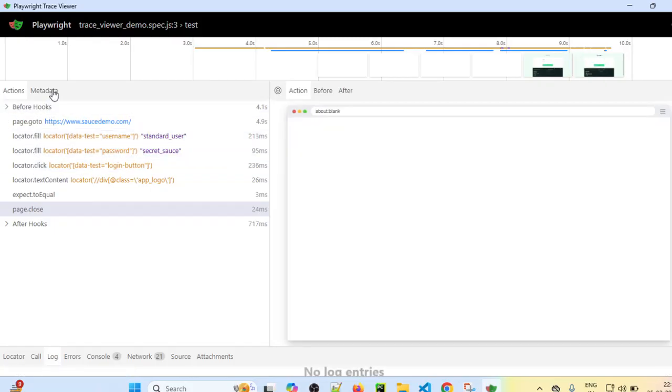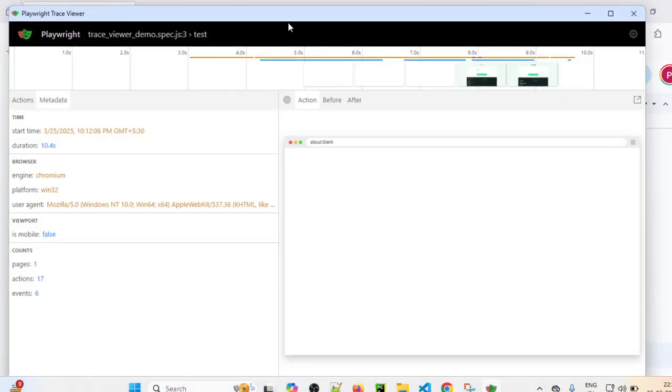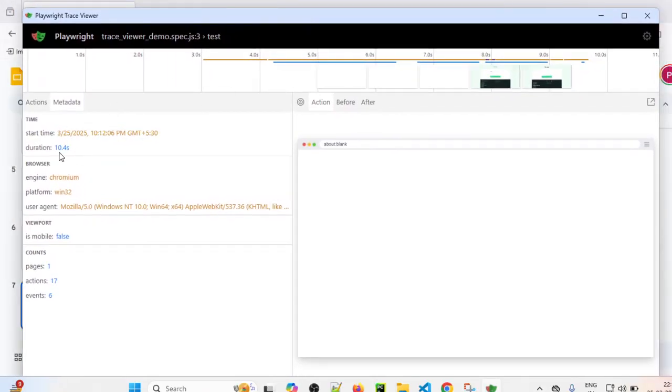Along with actions, there is metadata also. So in metadata, we can see different data. For example, what is the start time of the test case? What is the duration it took for execution? So if you see in metadata, you can see all those data. For example, start time, duration,